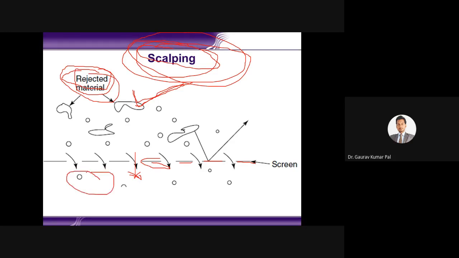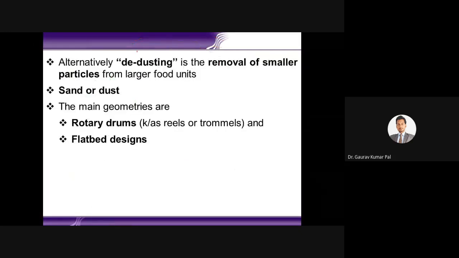Clear? We'll move on. Alternatively, we have the de-dusting methods. In de-dusting methods, we are going to remove the smaller particles. Whatever food unit or food material we have has the large size. However, the contaminant has a smaller size; it does not have the large size once we compare it with the food material we are going to clean. So it can be some dust, or it can be some sand also. On the basis of geometry, the main geometries used for the de-dusting process are rotated drums. We can use different rotated drums, sometimes also known as reels or trommels, and we can use flatbed designs and flatbed equipment that can be used for the